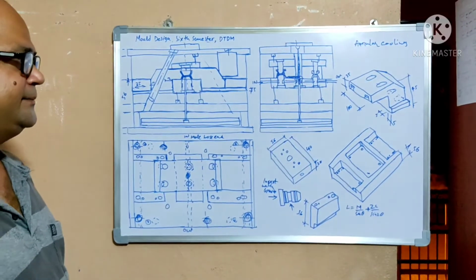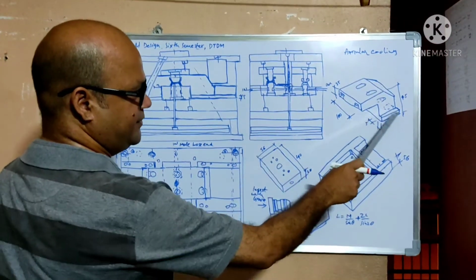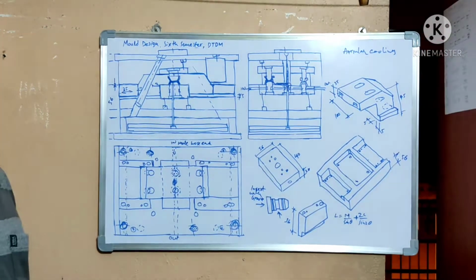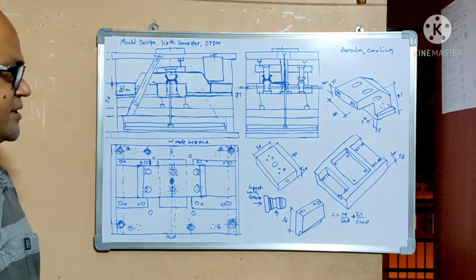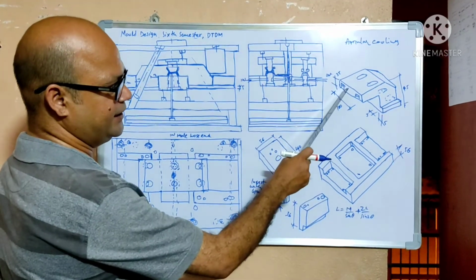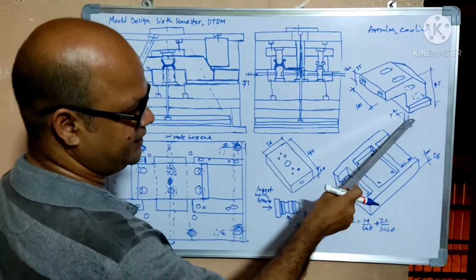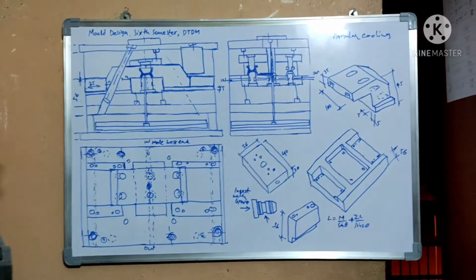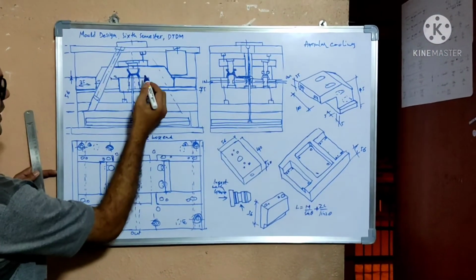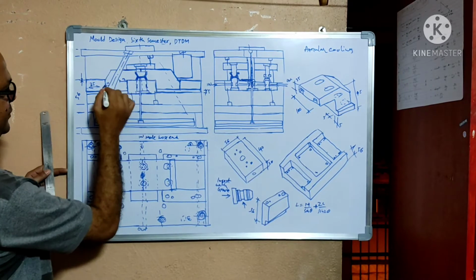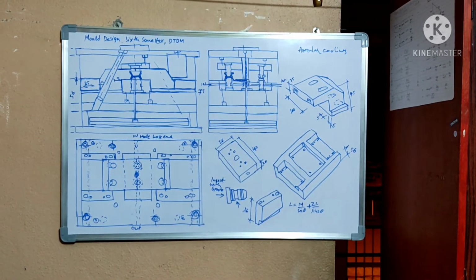Here I am providing the side core dimensions. The length of the side core dimensions are to be drawn in the drawing sheet. While you draw at 1:1, the thickness I have provided here is 35 mm, total length is 100 mm, the collars are 5 on each side, and total height is 45. From this point to this point you have to calculate in the design while you are drawing at 1:1.